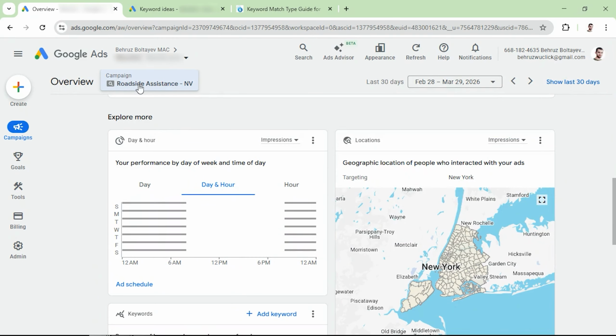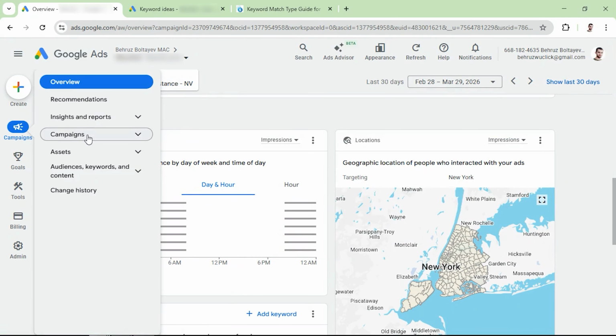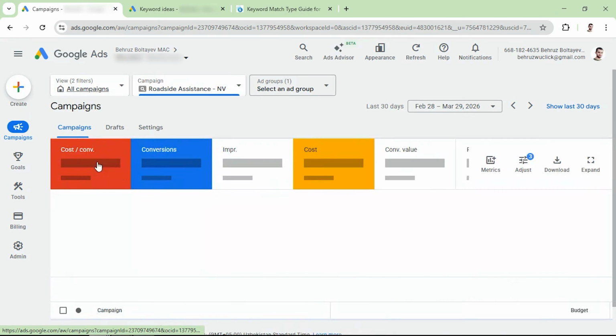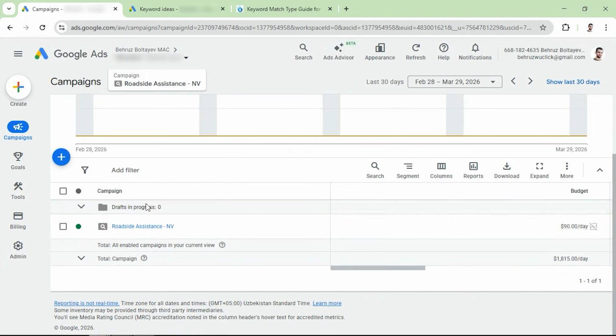So guys, we have created our campaign, and you're gonna go to campaigns. Under campaigns, you're gonna click on campaigns. So we're gonna scroll down, and this is the campaign that we've created. So I would pause this campaign, because if you haven't set up conversion tracking, you might get impressions, you might